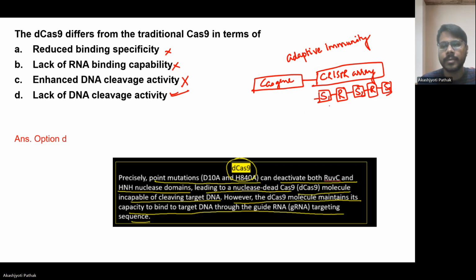This Cas gene and this array having this spacer can be designed, and you can create a plasmid construct having this Cas gene and this CRISPR array, and then you can transfect it into a mammalian cell, and this spacer sequence will